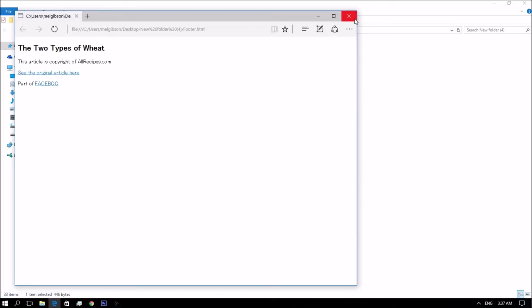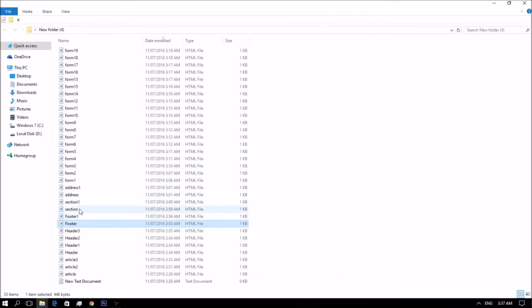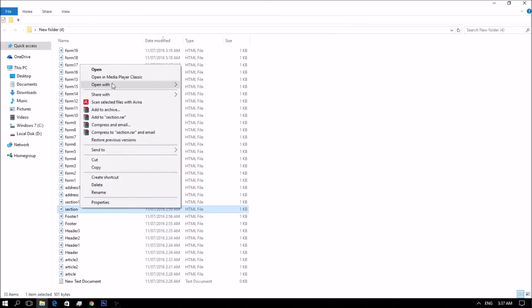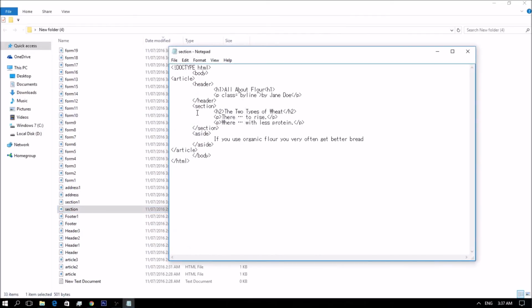So we now move into the section element. The section element is one of the new elements that is the hardest to learn to use correctly. It is more general than the article element. But you still have to have an actual section in your document when you use the section element.